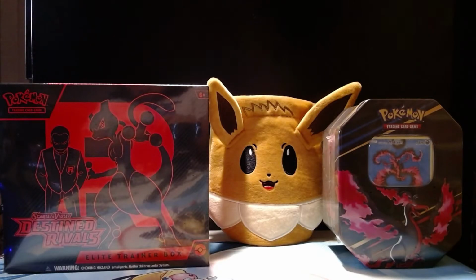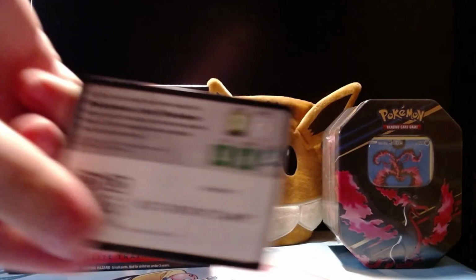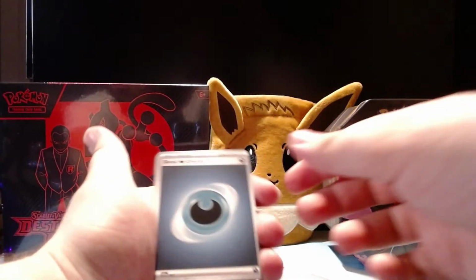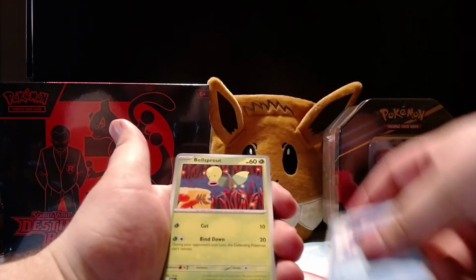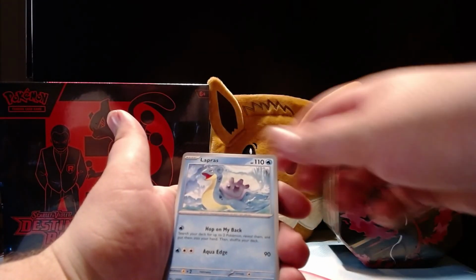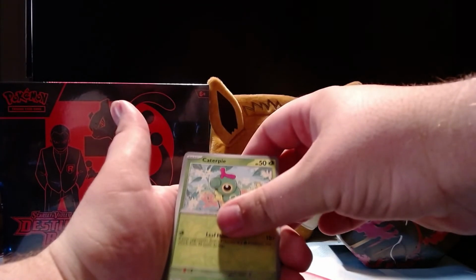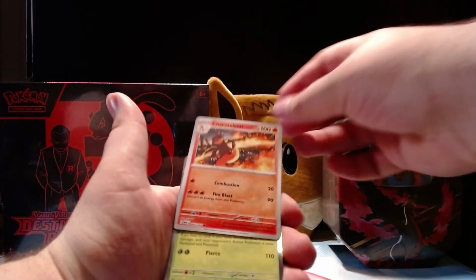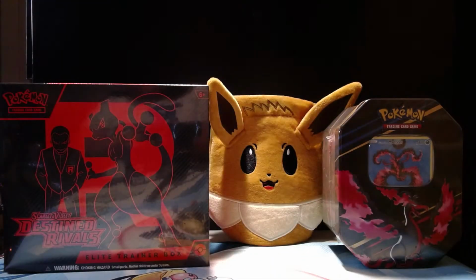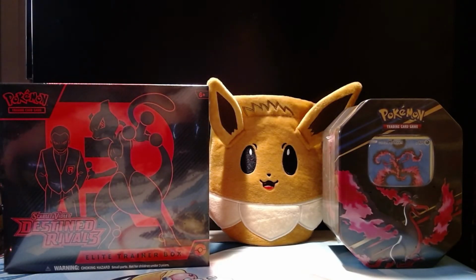here we go. Alright, another code card right there. And it's a Dark Energy, Shoulder, Bellsprout, Horsey, Nidoran. I feel like we just had the same thing. Lapras, Cycling Road, Scyther, Caterpie Reverse, Charmeleon Reverse, and a Hollow Beedrill. Unfortunately, no illustration rare in the first 3 packs of 151 for the day, but there are still more packs to be opened, so